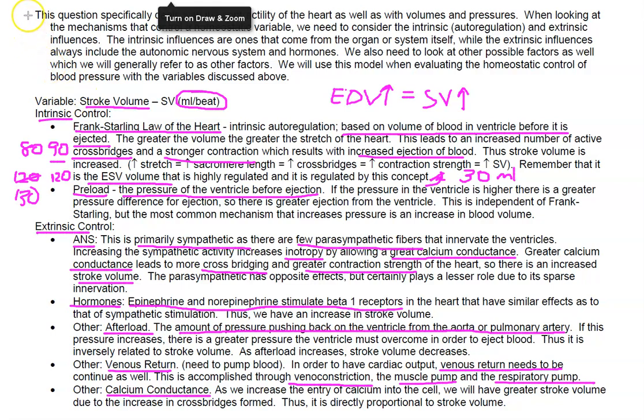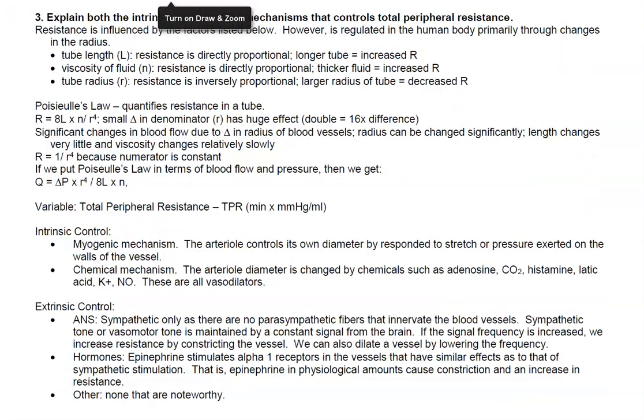And then we'll get to the last one, which will be TPR, the total peripheral resistance. Okay, so we continue on with our explanation of the control homeostatically of mean arterial pressure. We already discussed heart rate and stroke volume. And since our equation, mean arterial pressure equals heart rate times stroke volume times TPR, we will now look at